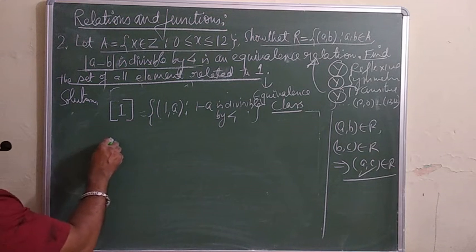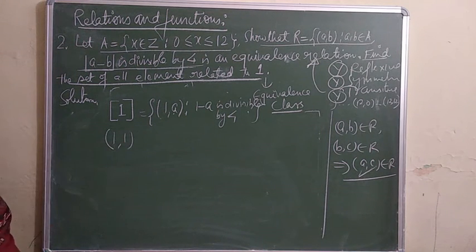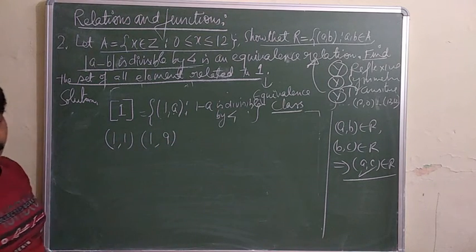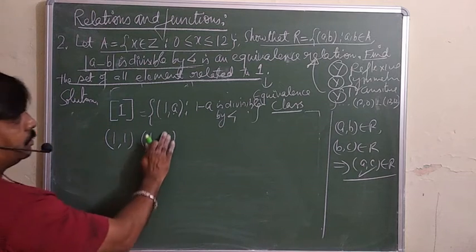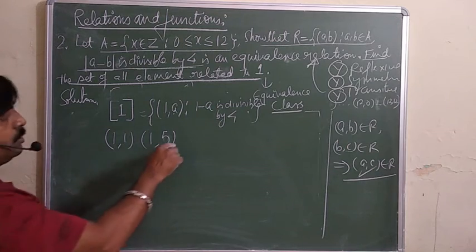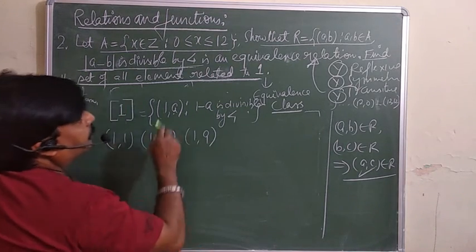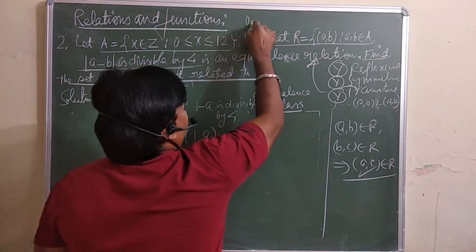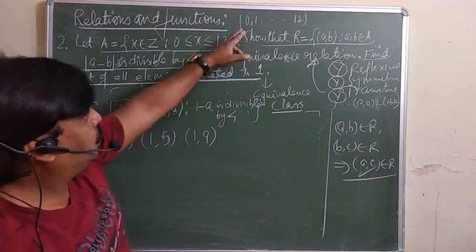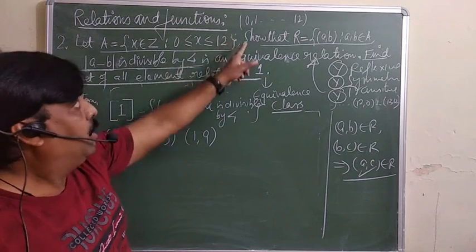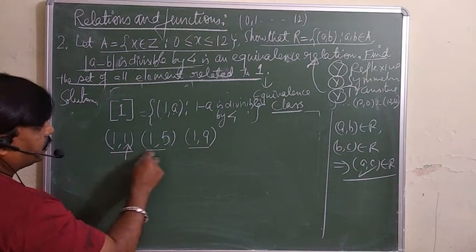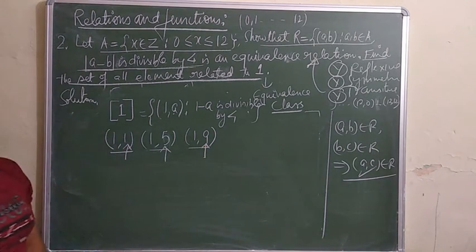तो आपको देखिए क्या होगा, 1 से 1 डिविजिबल बाई 4 हो जाएगा, 0. 1 से 9 माइनस 8, प्लस 8, और 9 से इससे पहले 5 भी तो आएगा, 1 5, दैट विल बी डिविजिबल बाई 4 एंड 1 9. दिस वन आपके एलिमेंट्स क्या हैं, 0 से लेकर 12 तक. तो 1 में से सब्ट्रैक्ट करके देखो, तो 1 में से 0 करेंगे, 1 इज नॉट डिविजिबल बाई 4, 1 में से 1, 0 डिविजिबल हो गया. तो देयर आर द 3 एलिमेंट्स, 1, 5 एंड 9, दीज आर द 3 एलिमेंट्स देयर.